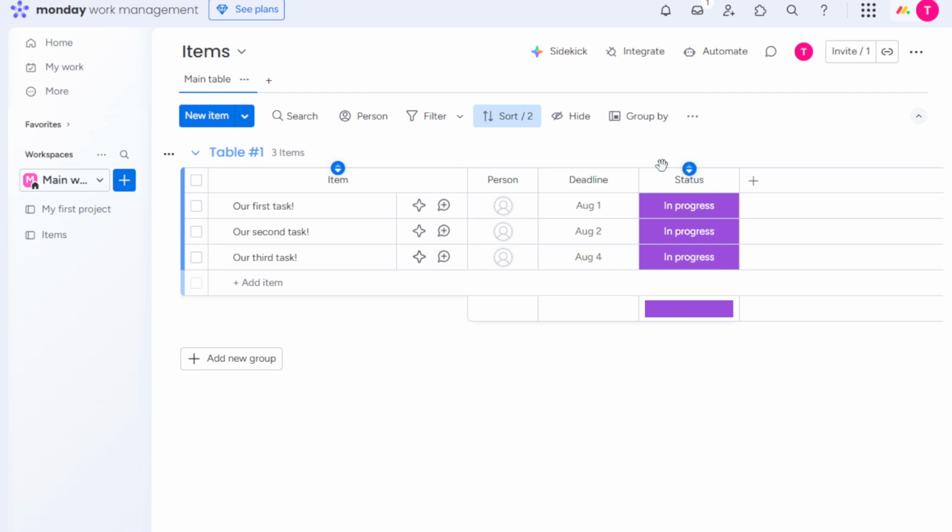Remember, the more organized you are, the more you'll be able to focus on what's truly important, getting things done efficiently and effectively. With this newfound skill, go ahead and experiment with the different columns on your Monday.com board to see just how much smoother your